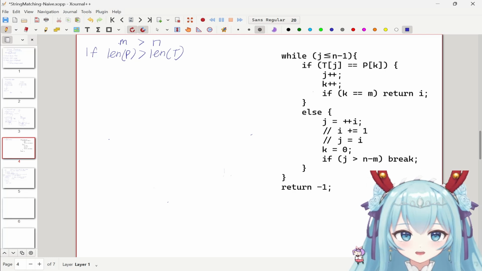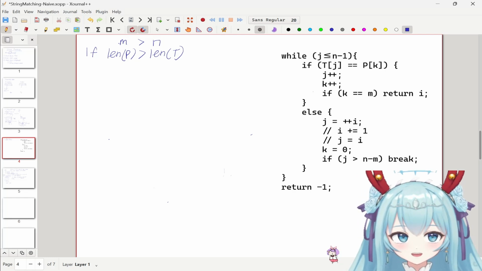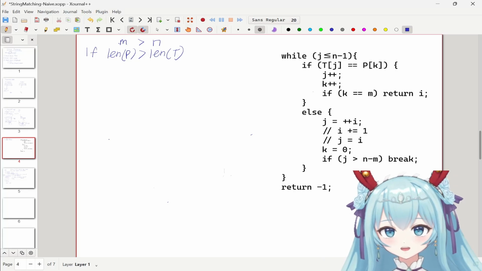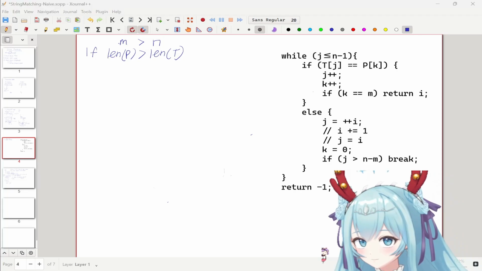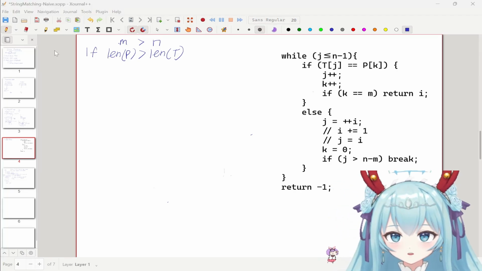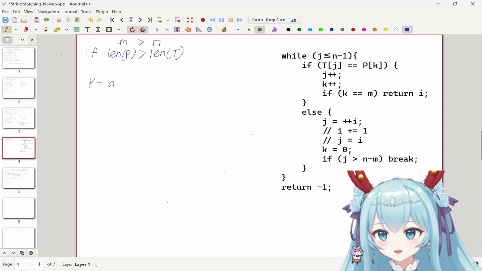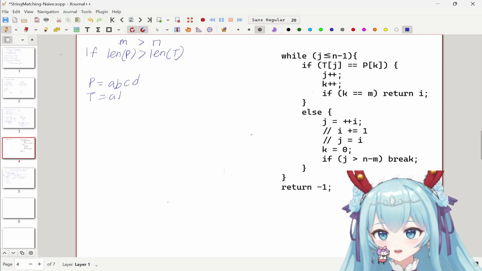This means that definitely P does not exist in T, because the entirety of T is shorter than that of P. So let's use a simple example. If P is equal to ABCD and T is equal to ABC,